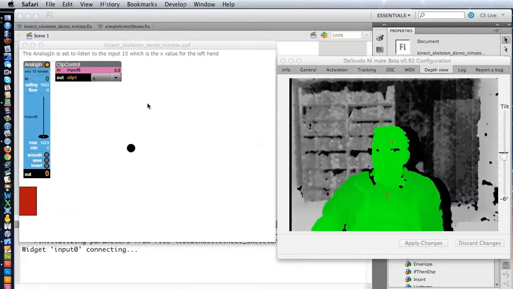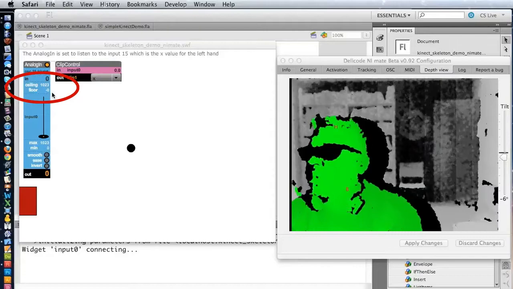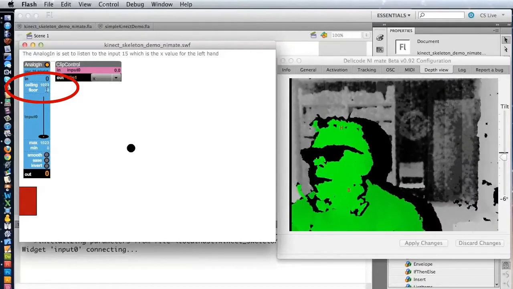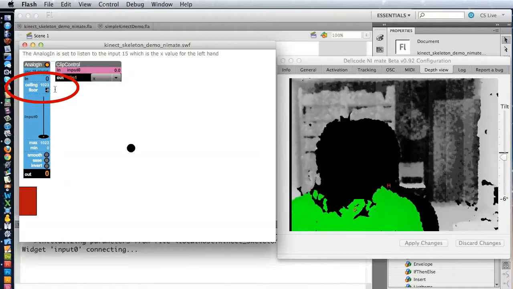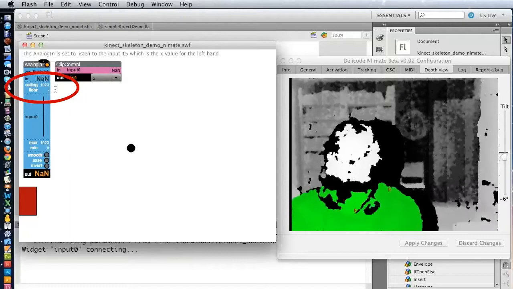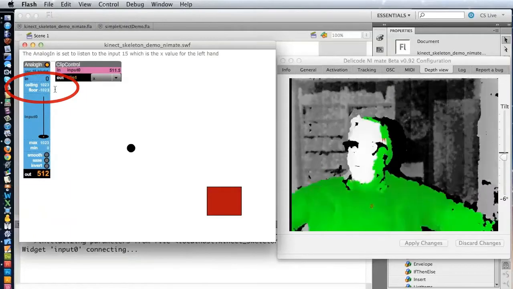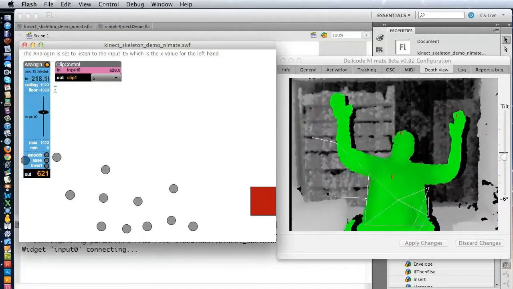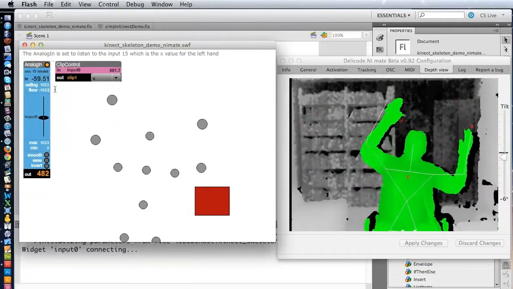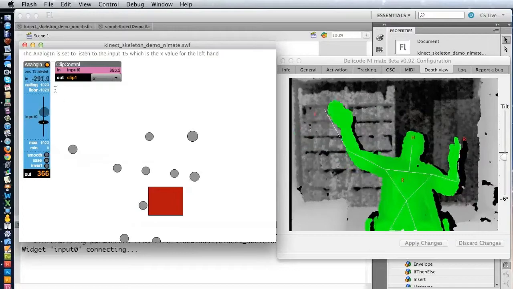Well, the reason for that is that the numbers coming in from NeMate are both negative and positive. So if I change the floor of the analog input widget to negative 1023, now, oh, it's confused. Sometimes it gets confused and you just have to, there we go. So now you see that I'm getting both